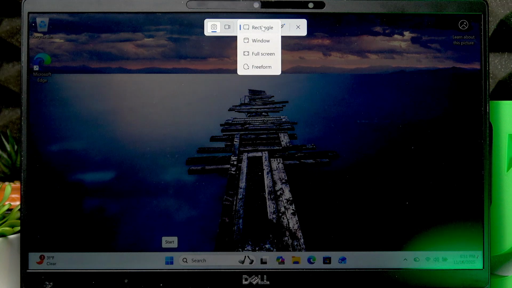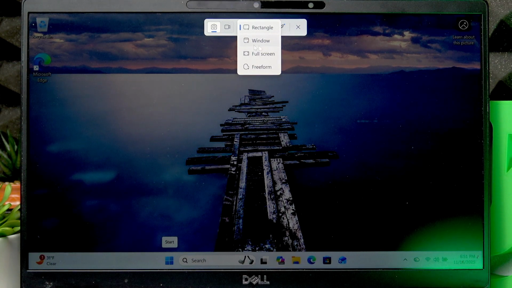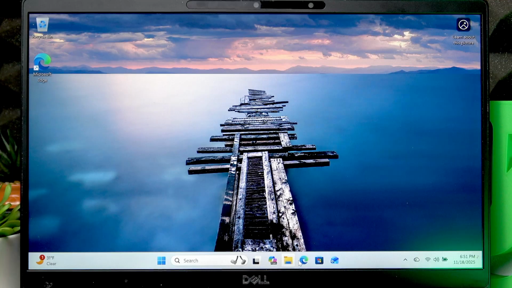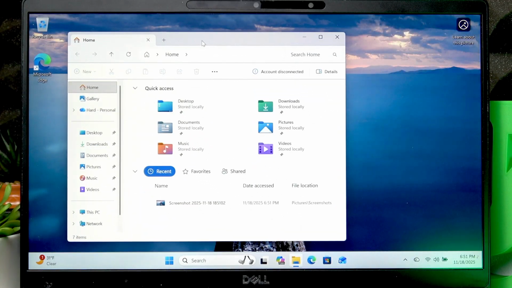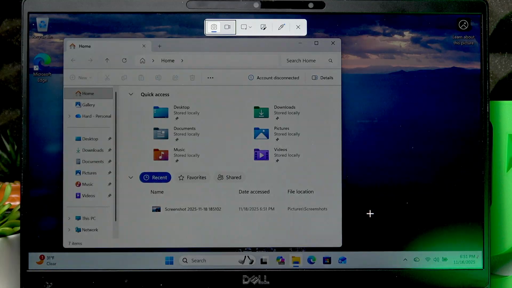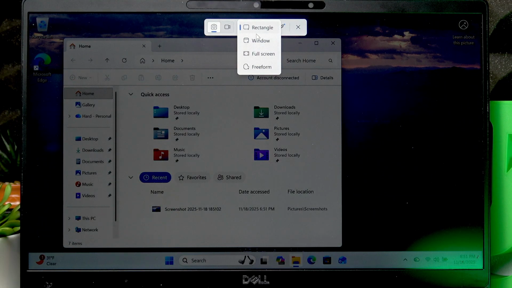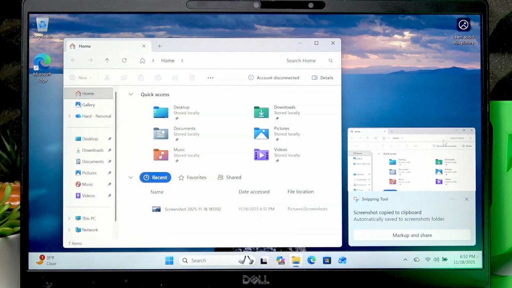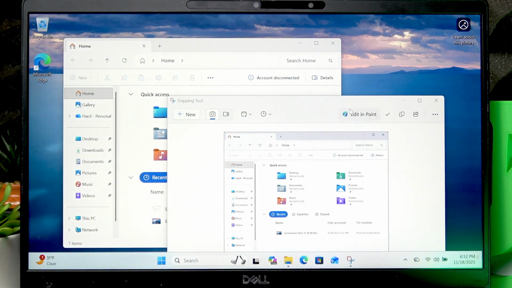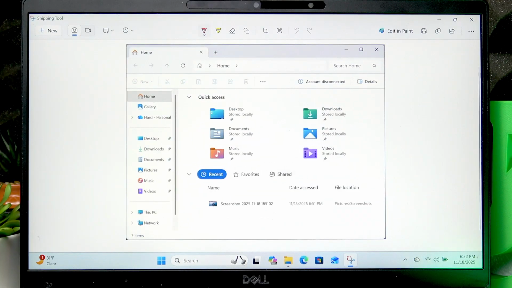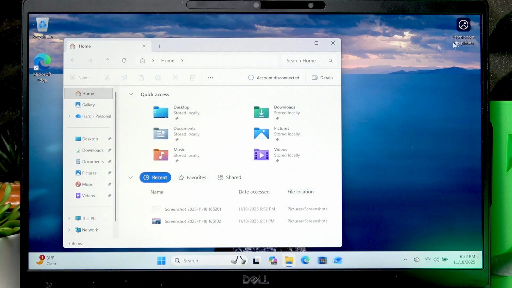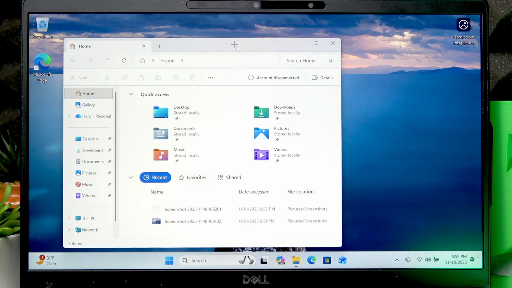Now let's go to the second option, which is a Windows screenshot. Now to take a screenshot of a window, we have to open any window on our PC and then click on it just like this, and then the screenshot of the window will be created. So as you can see, it's just a window with nothing else in the frame,